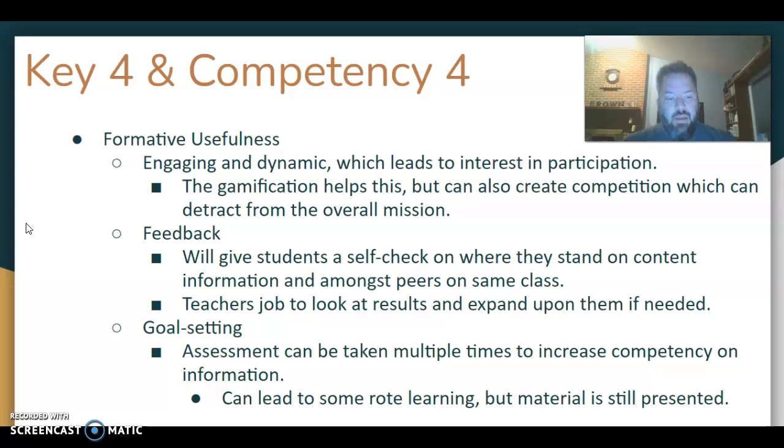As far as goal setting goes, the assessment can be taken multiple times. You can set it up that the students can take it multiple times, which then could lead to building of ability there. However, that can lead to some rote learning, so that may not be the end goal. But the teacher can take this information and then kind of extrapolate out where they need to assist the students